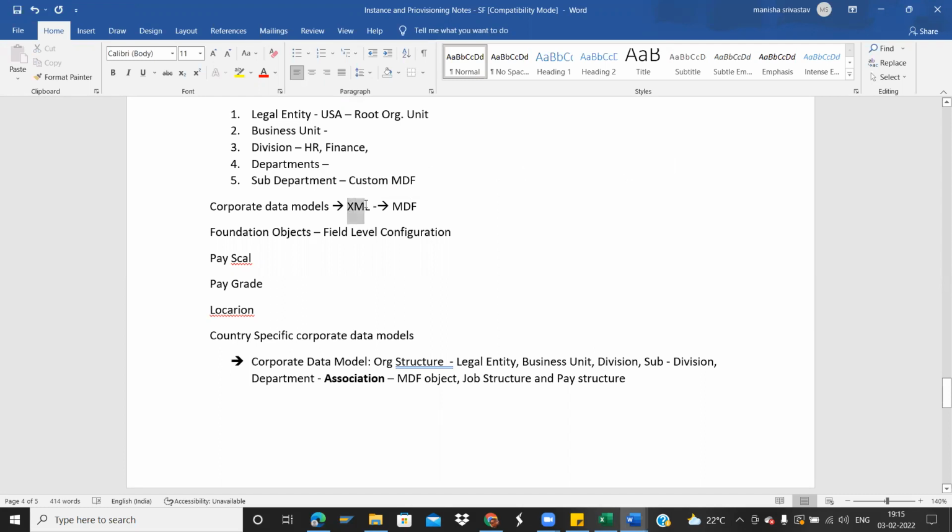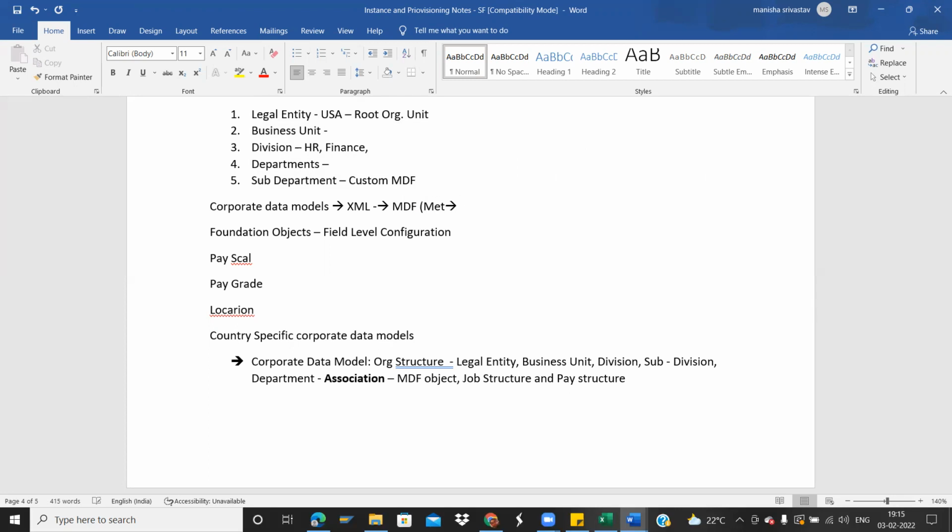So they have moved certain objects in org, pay and job structure. For example, locations are still done in XML, but they have moved certain objects like legal entity, business unit, division, departments. So directly in the instance, you will be configuring this. This is nothing but Metadata Framework.